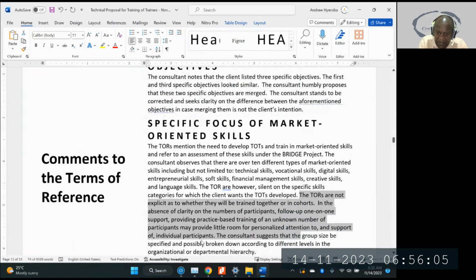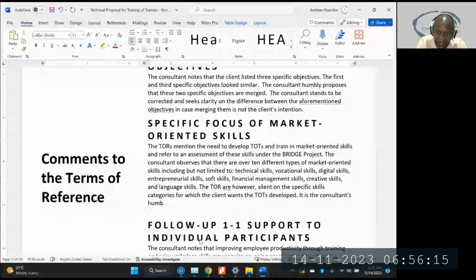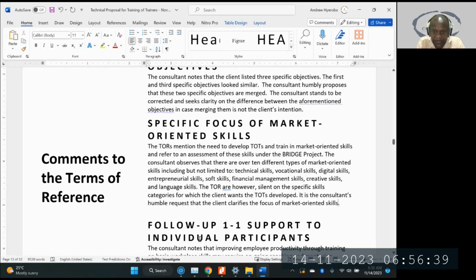Okay, it is the consultant's humble request that the client clarifies the focus of the TOTs of the market oriented skills. Okay, so again, in this proposal, we have seen they said we just want you to do TOTs on